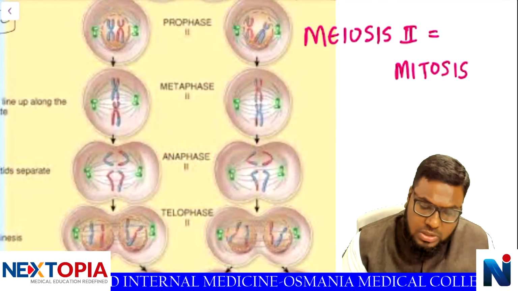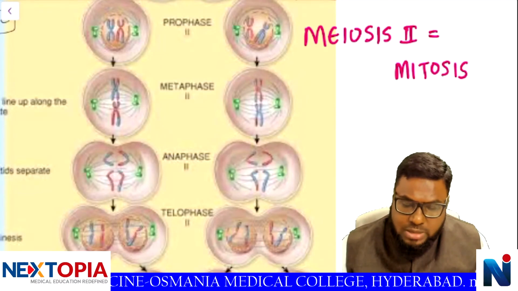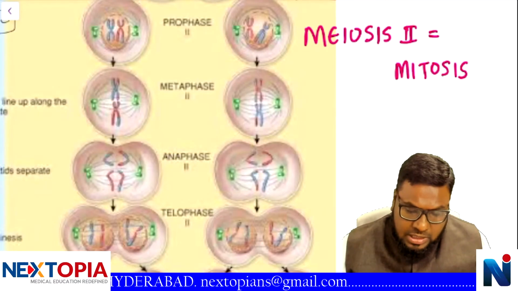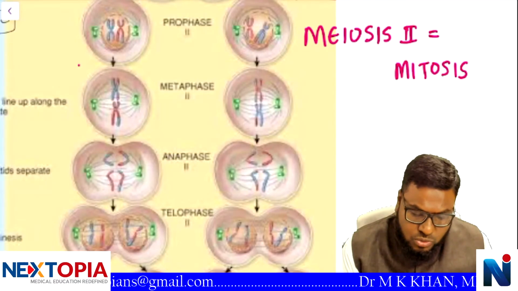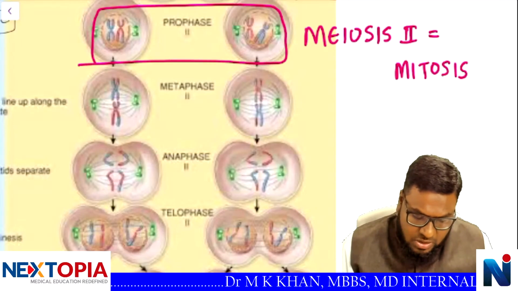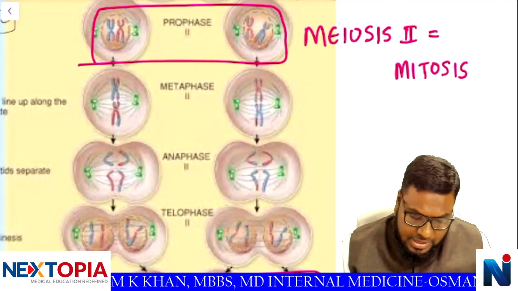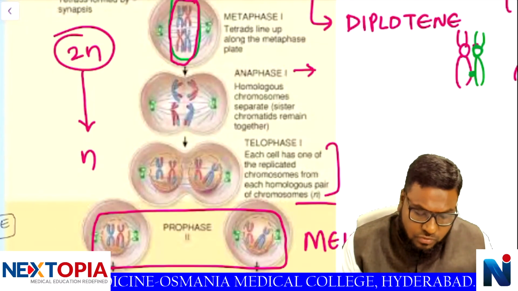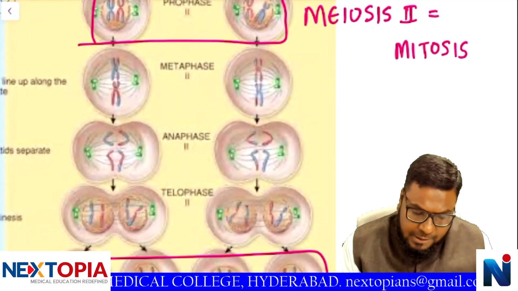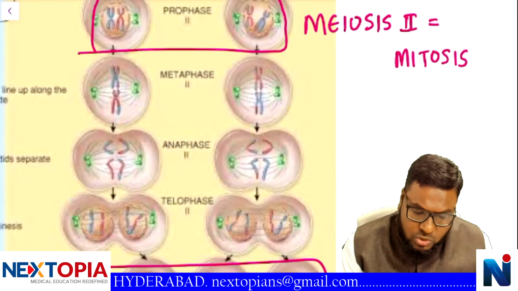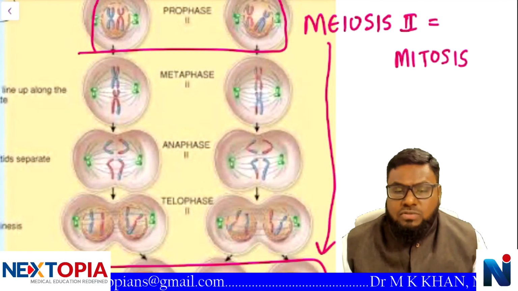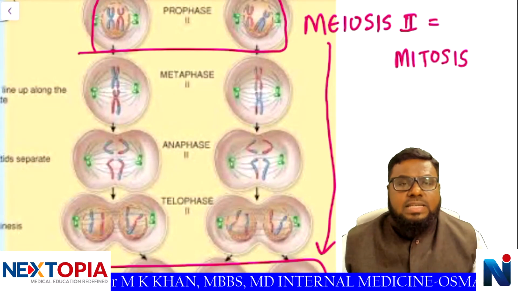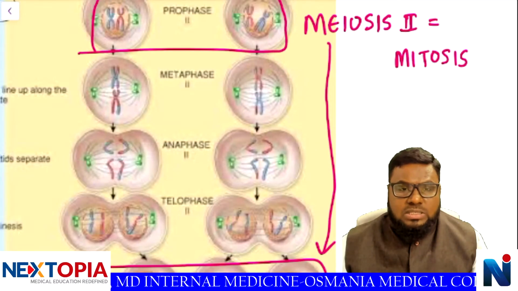So here, what is the similarity of meiosis 2 and mitosis, they'll ask you. In case of meiosis 2, the number of chromosomes starting from prophase 2 are the same as the number of chromosomes in the daughter cells. So there is no halving, unlike meiosis 1. In meiosis 1, from 2n number of chromosomes it has become n, but here the daughter cells will have an equal number of chromosomes, so it is more like an extension of mitosis. Meiosis 2 is actually an extension of mitosis, right?